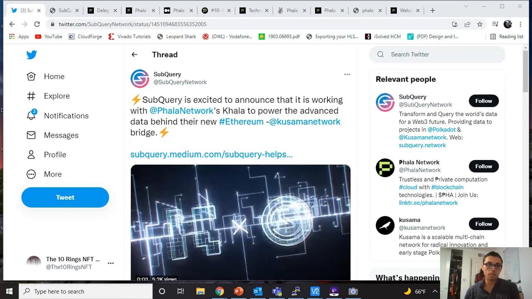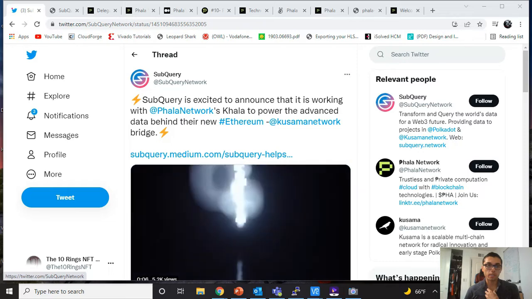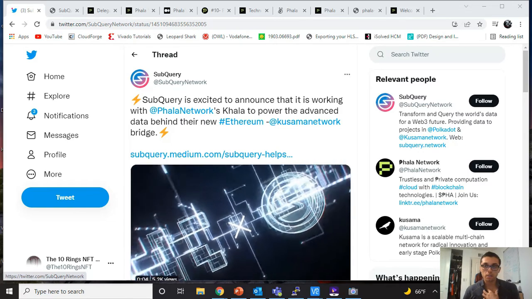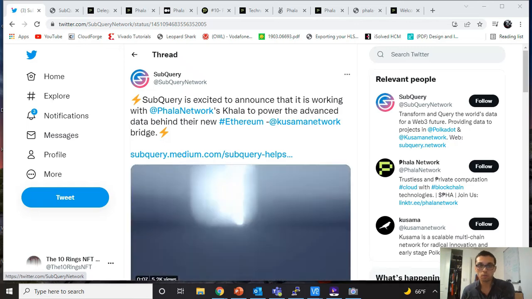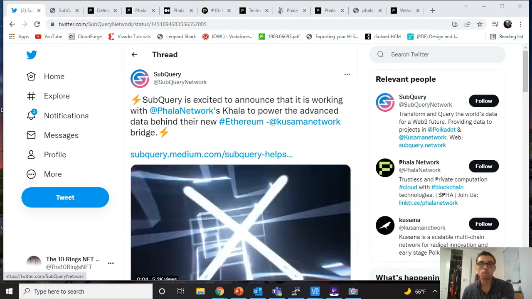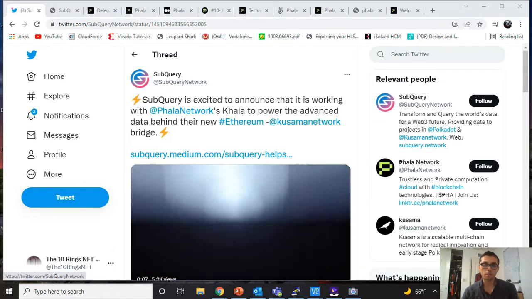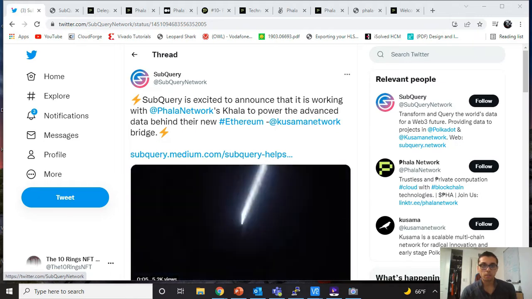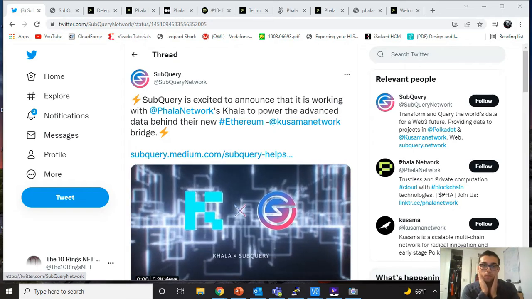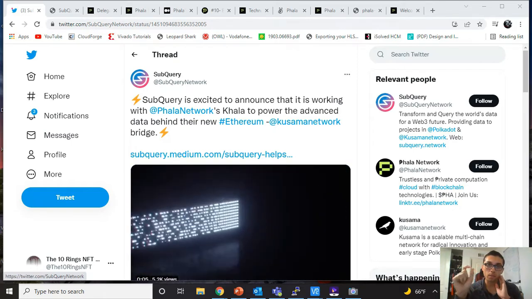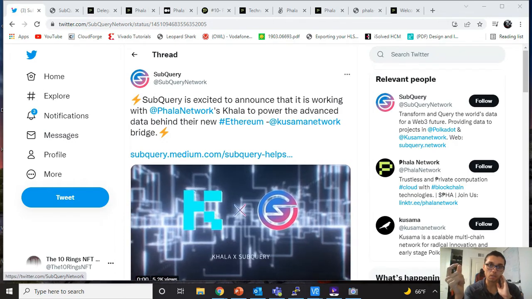But last time when we stopped, we were going through the graph and delegation and all that, and one of the things I said at one point was the indexer that I chose was indexing one of the subgraphs that was called the Phala chain bridge or something like PhalaNetwork, whatever it is. And so I started investigating into that a little bit. And the only reason why I'm talking about this one is because they are doing something kind of unique. But then at the end, I'll kind of summarize what I think, because there is kind of a twist.